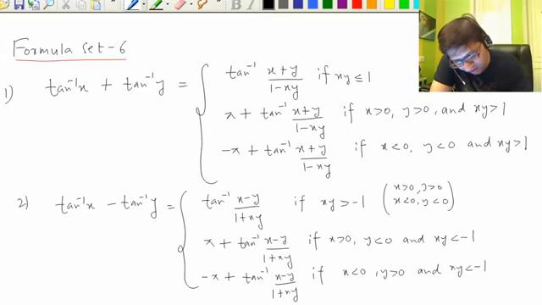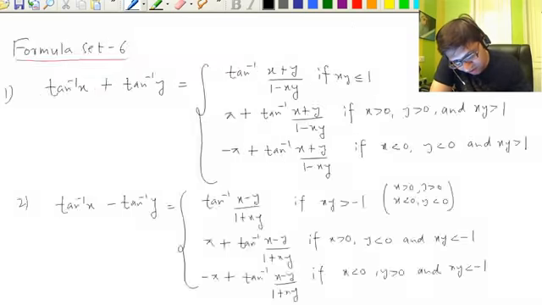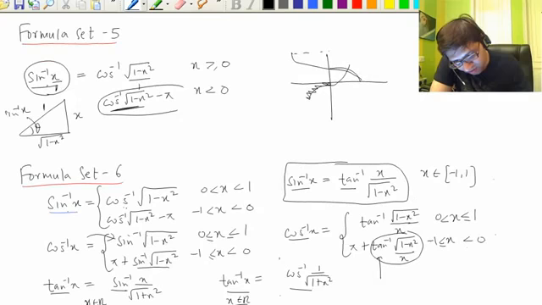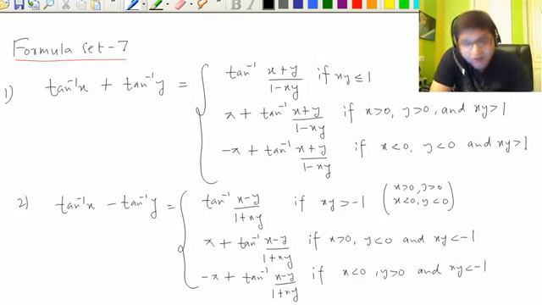ना फॉर्मूला सेट 7, सॉरी फॉर्मूला सेट 6 तो 6 is already 7, sorry, number I have to change. And right, and see these are the formulas which are very problematic, and many of you have already raised an issue with me that how can we learn these formulas, they are so complex.